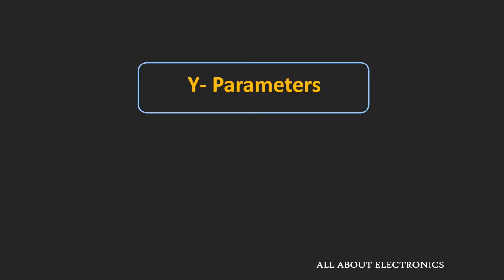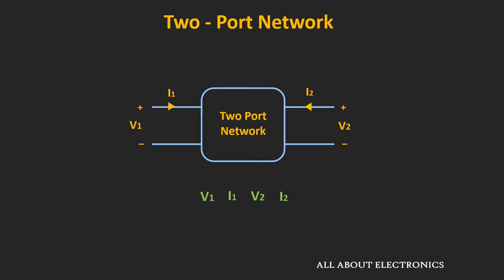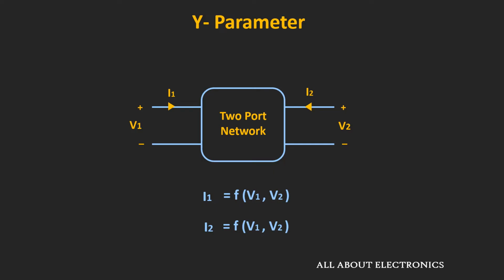So in this video, we will discuss the Y parameters of the two-port network. Now as I said in the earlier video, in the two-port network there are 4 variables. That is V1 and I1 on the port 1 side, while V2 and I2 on the port 2 side. And out of the 4 variables, the 2 variables are the independent variables, while the remaining 2 are the dependent variables. So for the Y parameters, the voltage V1 and V2 are the independent variables, while the I1 and I2 are the dependent variables. That means I1 and I2 are the function of V1 and V2, and they can be expressed in terms of the V1 and V2.